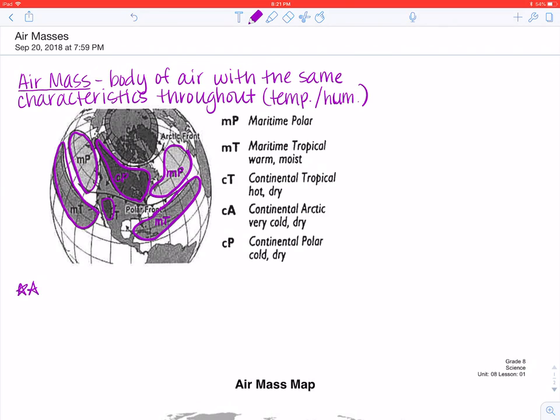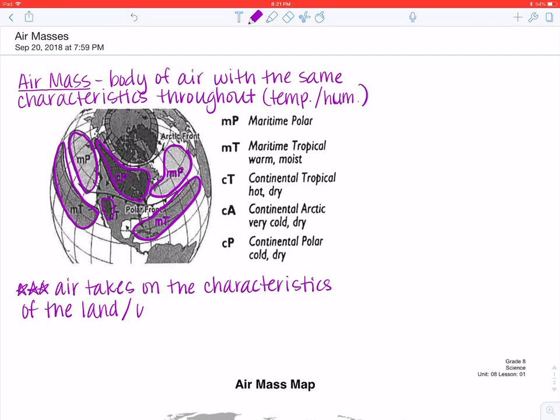Something that's really important, and I want you to write down, you should star it, so let's put some stars next to it because it's really important, is that air takes on the characteristics of the land or water below it. Air takes on the characteristics of the land or water below it. Okay,